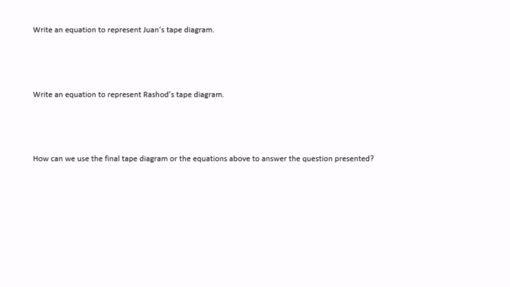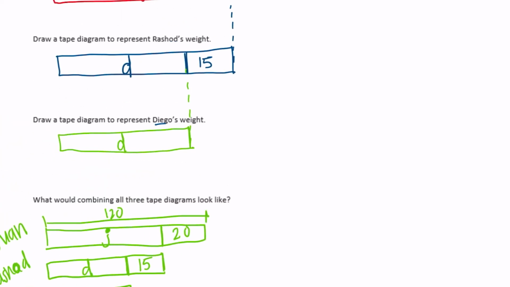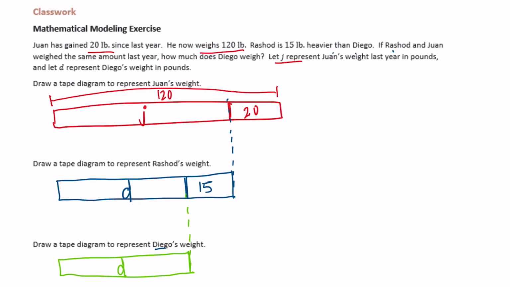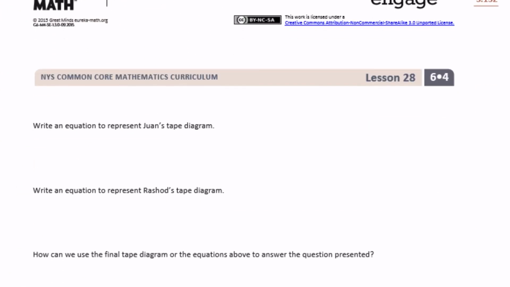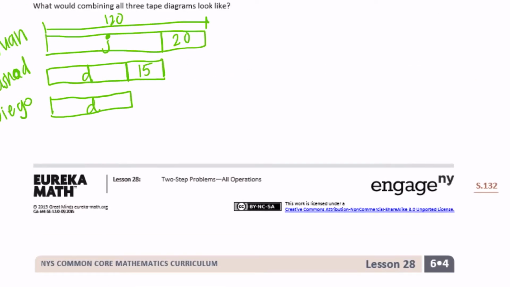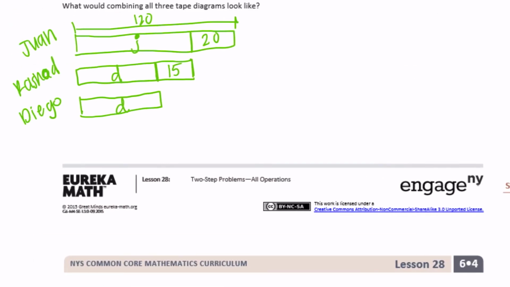Write an equation to represent Juan's tape diagram. All right, so Juan up here was J. So J plus the 20 is equal to 120. Write an equation to represent Rashad's tape diagram. So Rashad right here